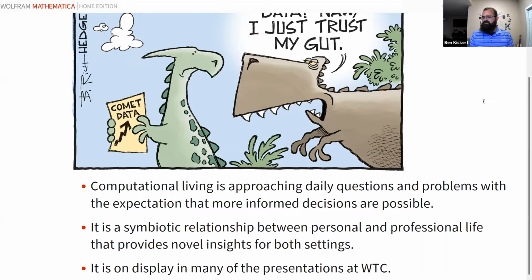When I think of computational living, I actually think of some of my favorite presentations so far at these technology conferences. I find that the presentations that are most captivating for me are the ones that are on the personal side, that are the side projects that Wolfram staff or other presenters have been working on, because I think that passion drives a lot of innovation. So what we want to do is see ways that I've seen that in my own experience from working on the SDGs and impact investing, and how that's trickled into more mundane or personal things.